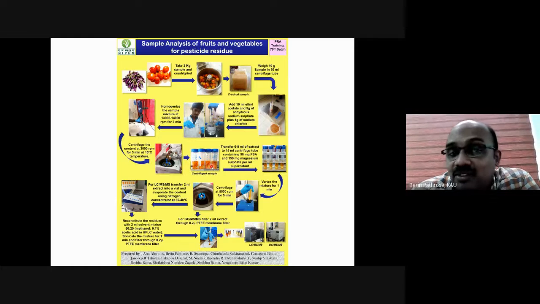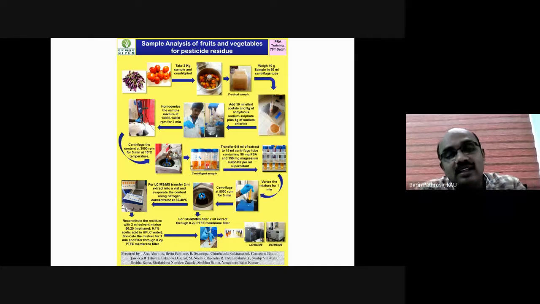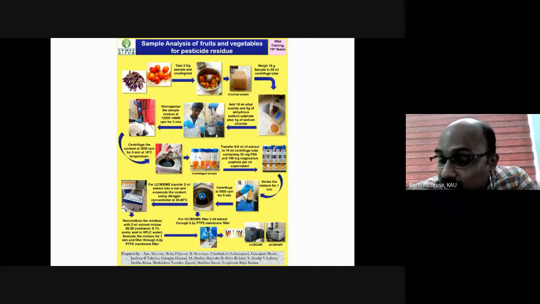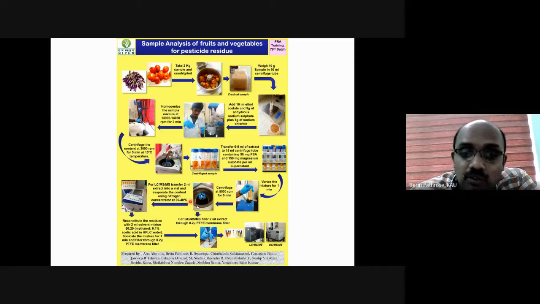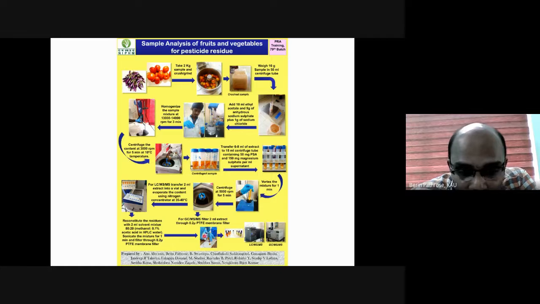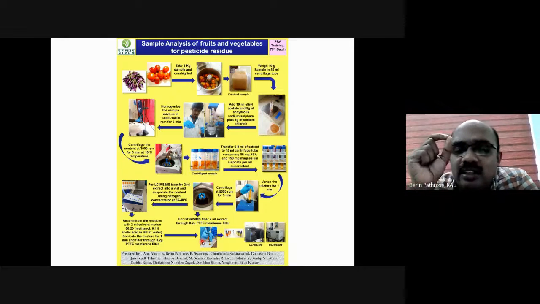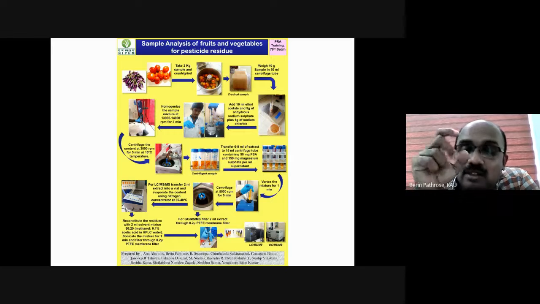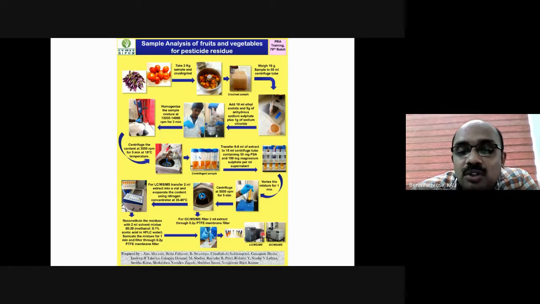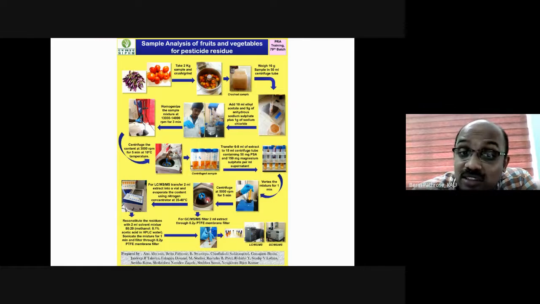As I told you earlier, ethyl acetate is a solvent which can be directly used in a gas chromatograph. So for gas chromatographic analysis, we take the supernatant and filter it using a membrane filter. I don't know whether you will be able to see it. This is a very fine 0.2 micron membrane filter to remove any very fine solid particles. We filter it into vials, and these vials will be injected into the gas chromatograph. This is for ethyl acetate.